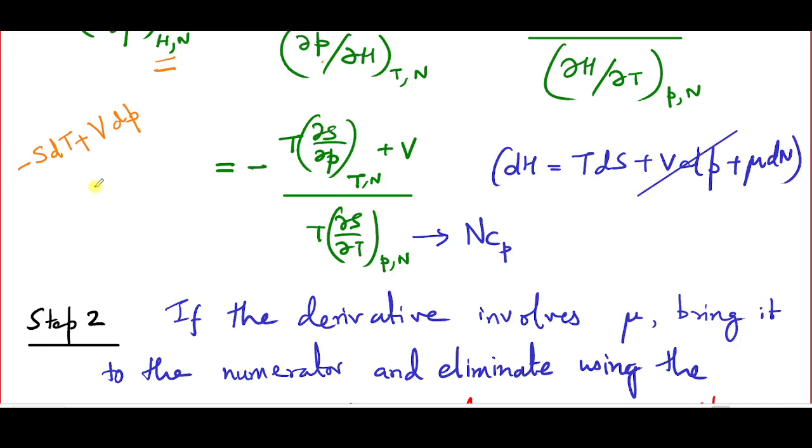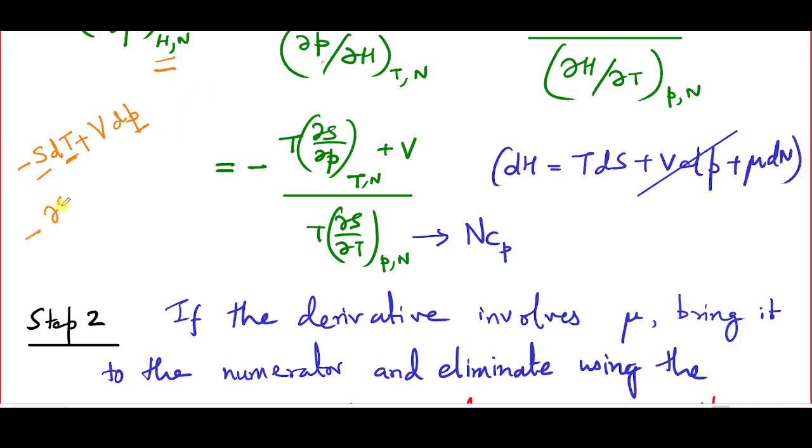Now this of course is nothing but the differential of dG, except for the fact that I have not bothered to write down the mu dn. Be that as it may, the moment you figure out that this has to be the differential of some function of state, it immediately tells you that the derivative of this with respect to this, holding T and the n I have not mentioned, fixed,